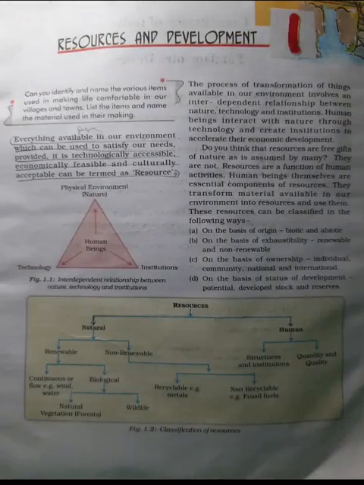So these are the classification of the resources. And now, types of resources. We'll discuss this in detail. So on the basis of origin, first, biotic resources. What are the biotic resources? These are obtained from the biosphere and have life, such as human beings, flora and fauna, fisheries, livestock. So biotic resources, bio means life. We studied biology, so bio means life. So those resources which have life are known as biotic resources.